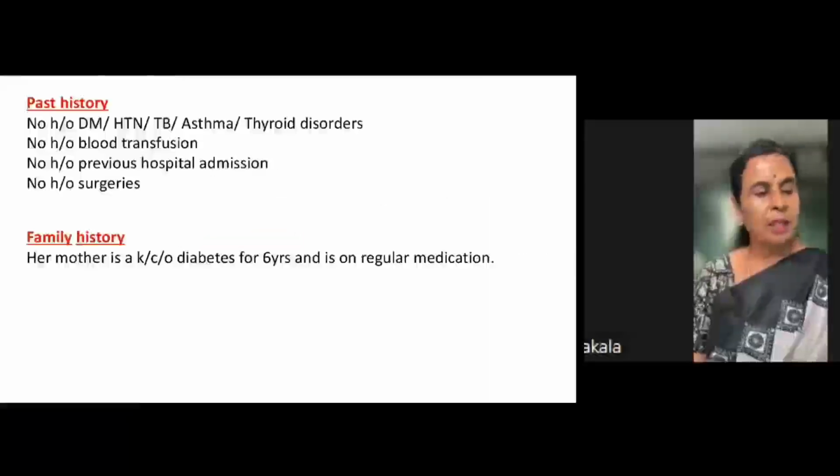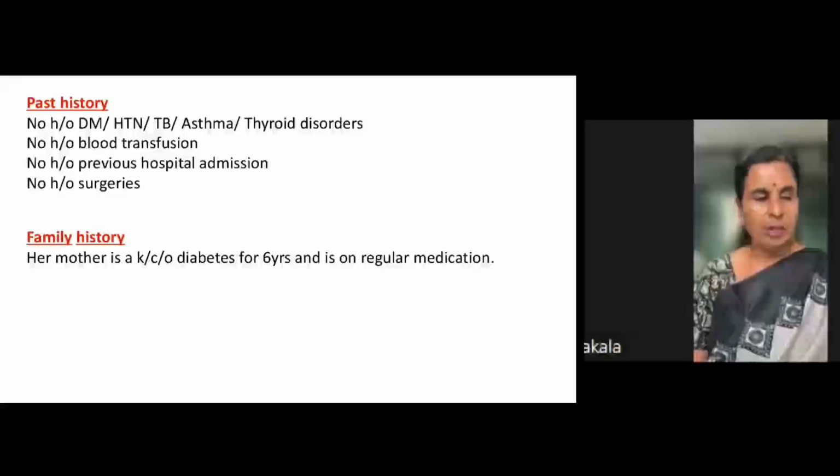So past history. There's no history of diabetes mellitus, hypertension, tuberculosis, asthma, thyroid disorders. No history of blood transfusion. No history of previous hospital admission. No history of surgeries. Our family history, our mother is a known case of diabetes for 6 years and is